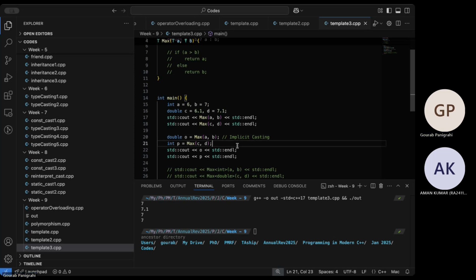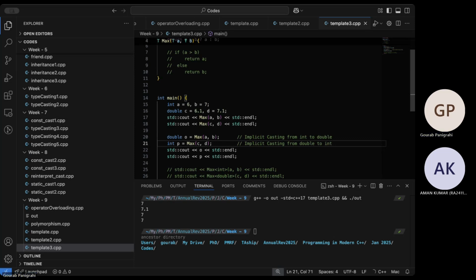The second case, I think you can take a guess. Here also implicit casting is happening, but from int to double, here it's from double to int.